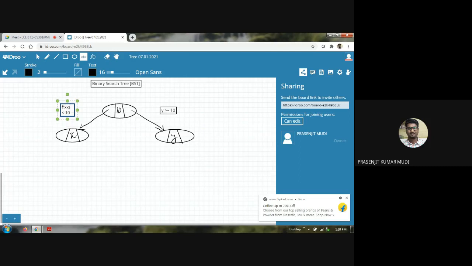I'm not talking about a generalized case, only the most popular case, which is the less than and greater than or equal to policy. So in that way, let's assume that some value is stored over here, let's say 8,